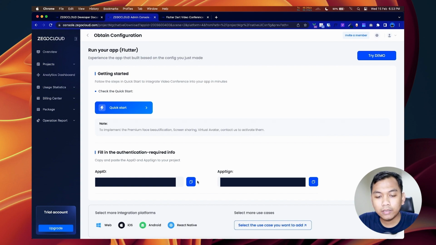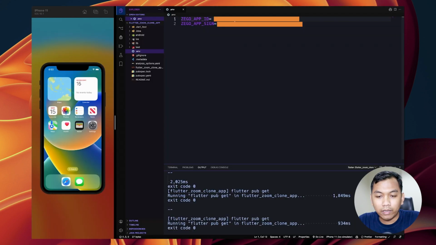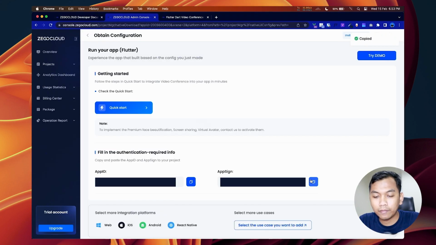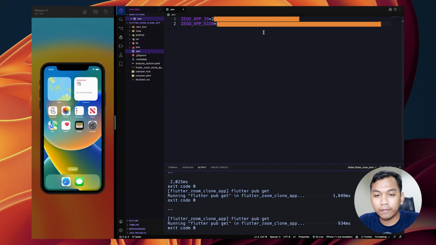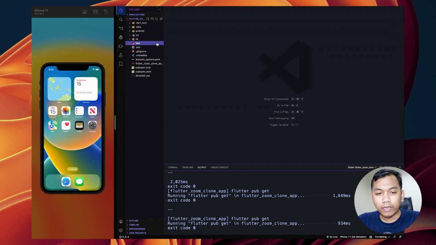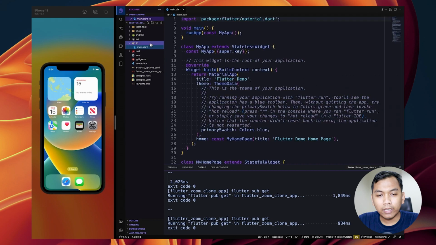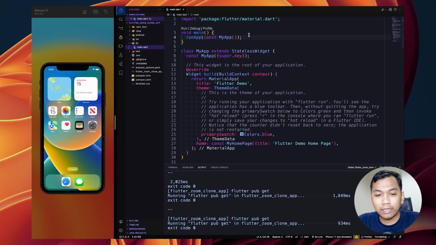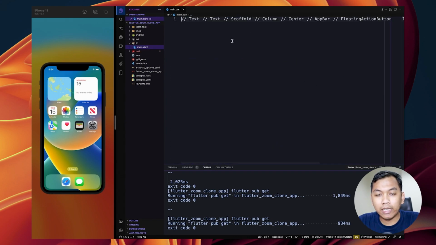Just press copy and paste here, and again copy the app sign and paste here. Please make sure this information is always secret. So just close this .env. And the next step, let's open our lib folder, open main.dart, and delete everything inside main.dart.